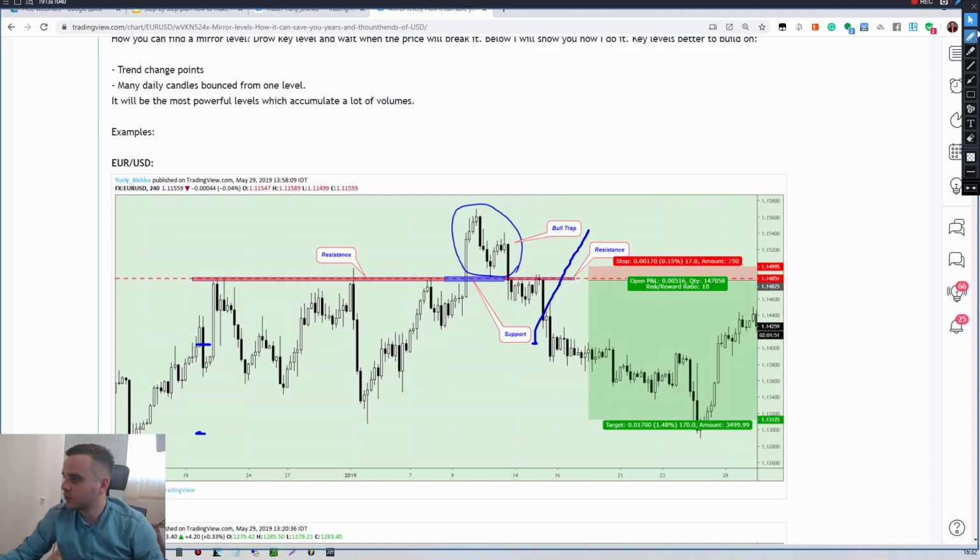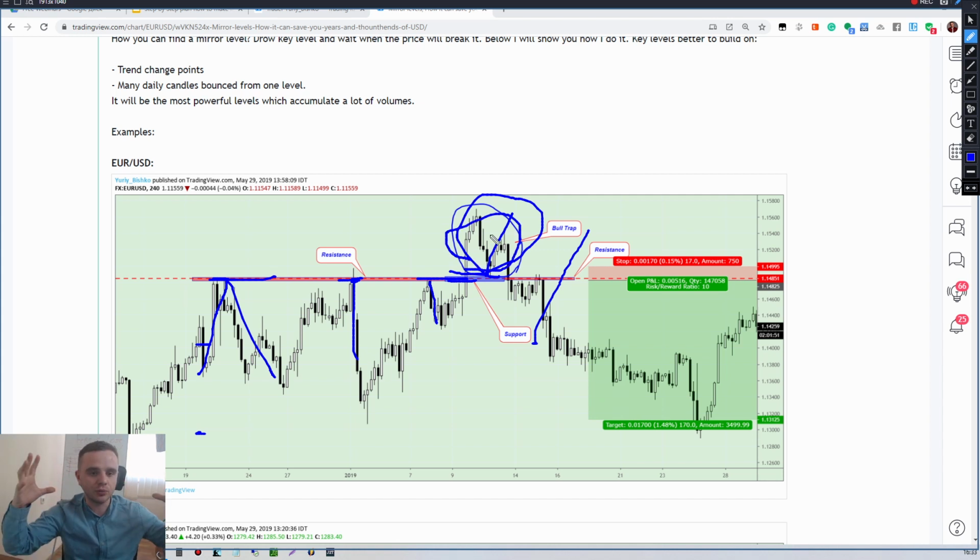Example here: many of you asked me why from this place price didn't rise up but created a trap here. As you can see, it was a bull trap, but take a look, it was a bull trap before a mirror level. First price bounced here, the second time price bounced here, the third time price broke it up, the fourth time price confirmed that we have a key level here, and take a look at this powerful breakout. You need to understand, when you trade it, you need to see the whole picture.